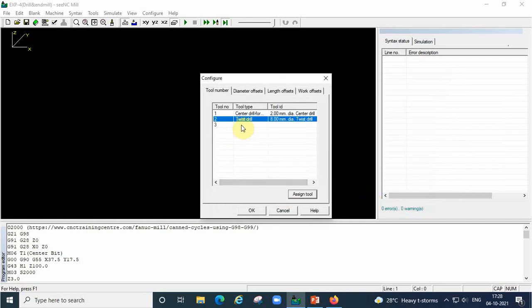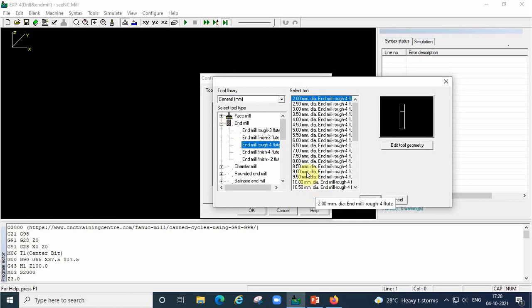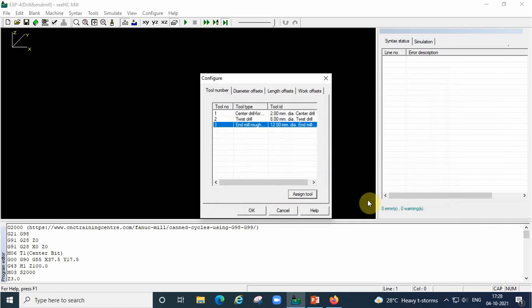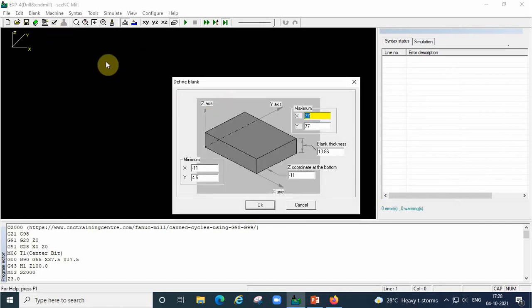The last one is end milling operation. Select end mill cutter. 4 flute we have to select. 10 mm or 5 mm, sorry, 12 mm to be selected. Already we discussed 12 mm cutter to be selected. Give OK. Now tool selection is over. Go to blank setup.